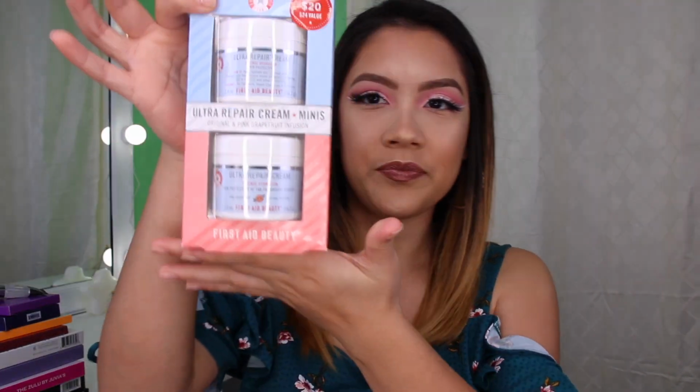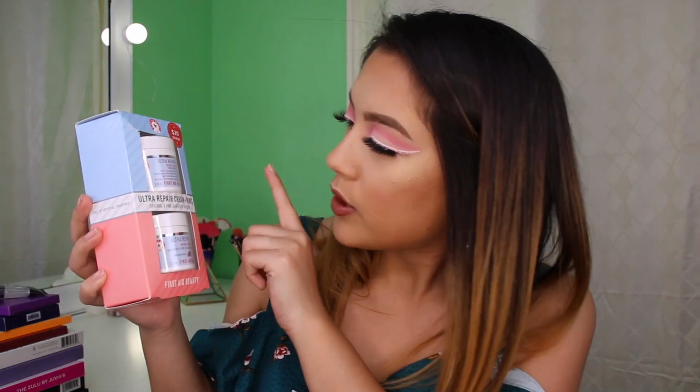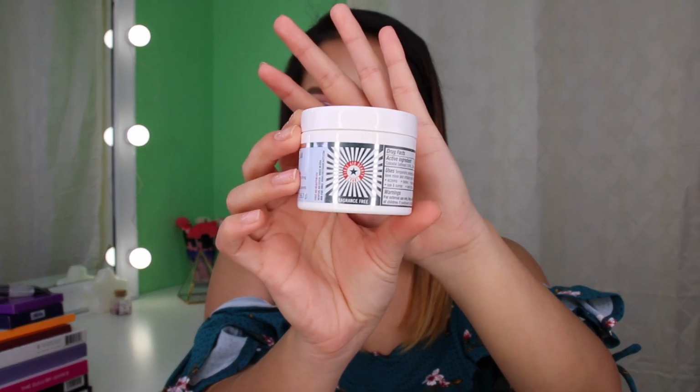Next, something that I got at Ulta is this, what is it? First Aid Beauty Ultra Repair Cream Minis. And this is the original and the pink grapefruit infusion one. So this is how it looks, and when you open it,